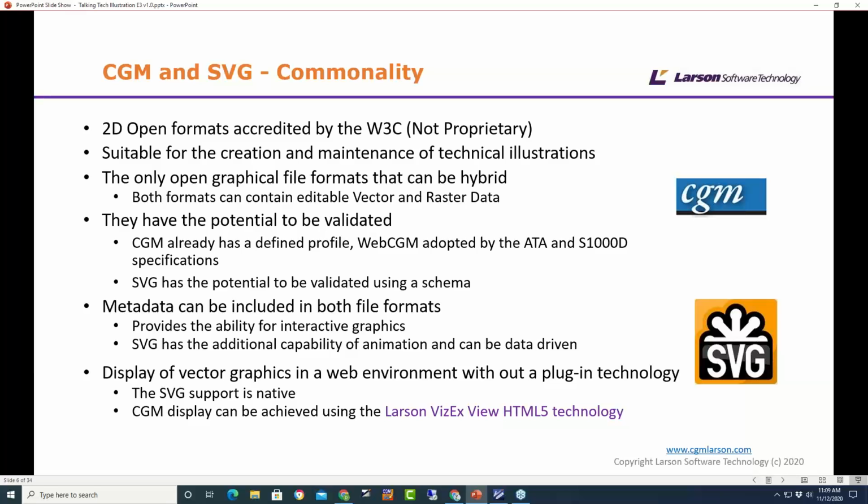So that has the potential to be validated as well against the schema. The other key thing is they both can contain metadata. So they can contain, say, hotspot information for interactive graphics. And in the case of SVG, you can have the capability of animation as well.